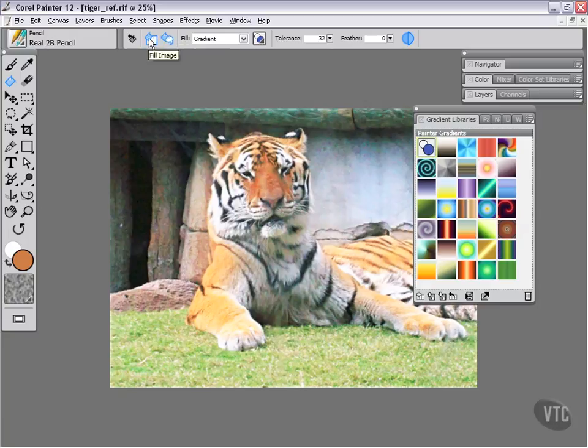And generally speaking, my preference is to choose fill image mode. Now, we can set the tolerance, and this is very closely related to the tolerance of our magic wand tool. We can choose the feather, and of course this is exactly like choosing feather on a selection. It basically blurs out the edge. And then we can choose anti-alias on or off, and of course this is very much like our selection tools. So you can see these are very closely related to our selection tools, and generally speaking, they'll work best when